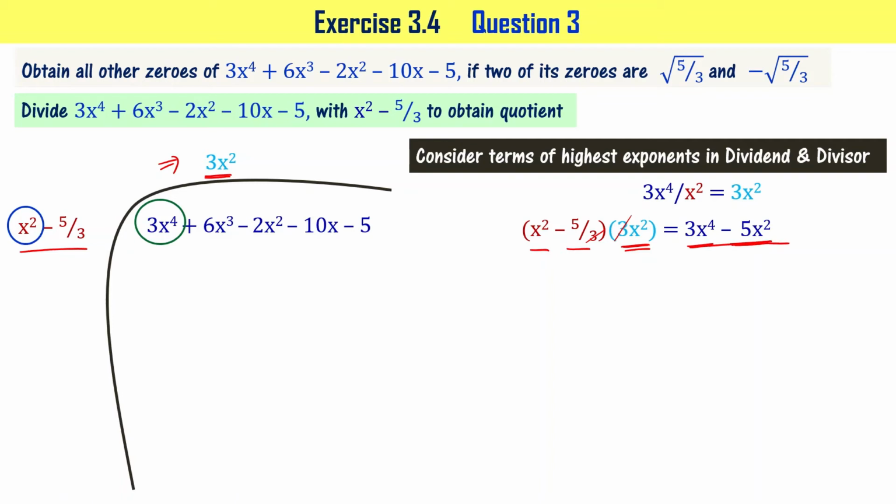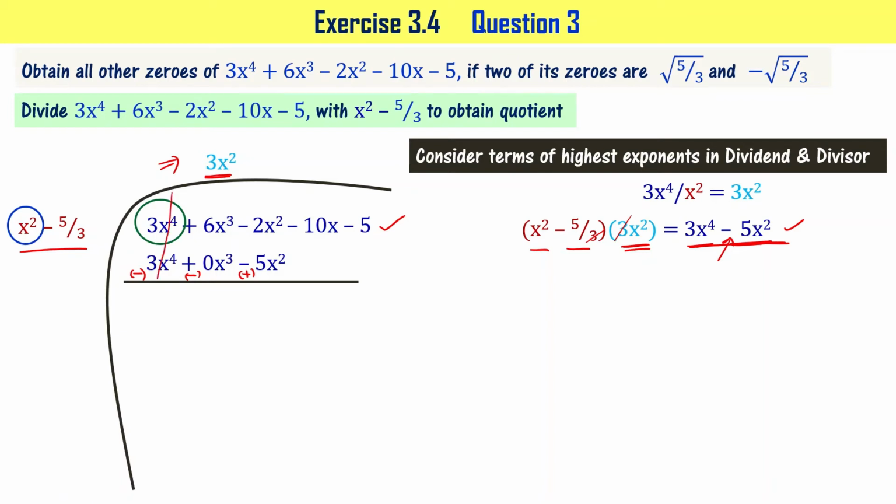Now let me subtract this from this particular expression. Here, since we don't have an x^3 term, I'm going to write 0x^3 as shown here. Now let me subtract this from the previous expression. This is going to be minus, this is also going to be minus, and this is going to be plus, right? I'm changing the signs of the terms in the expression below, and then we can sum term by term, right?